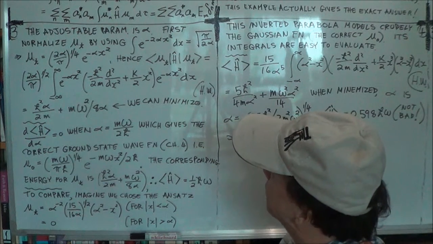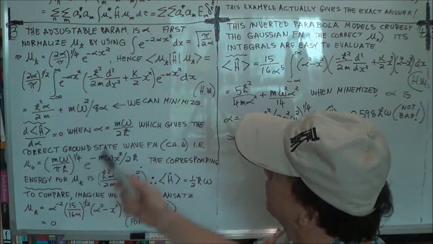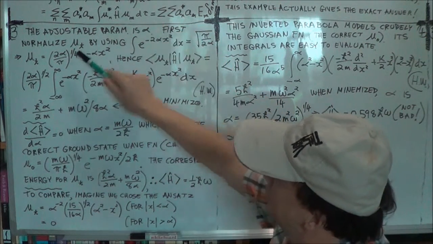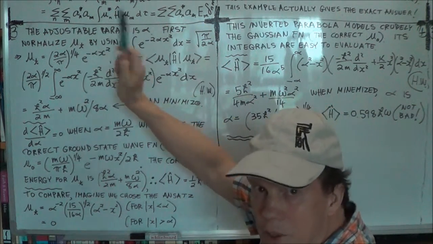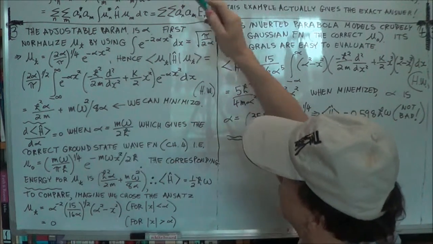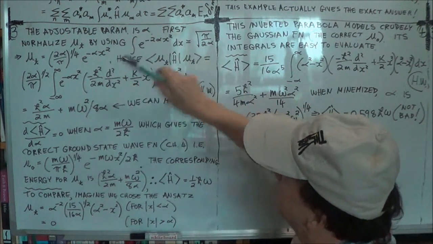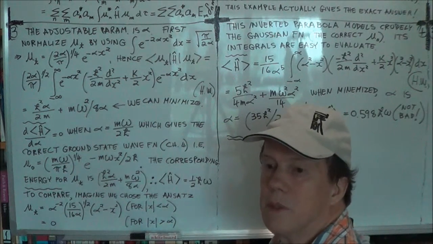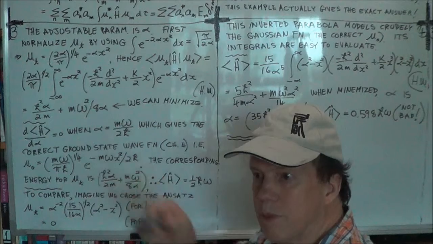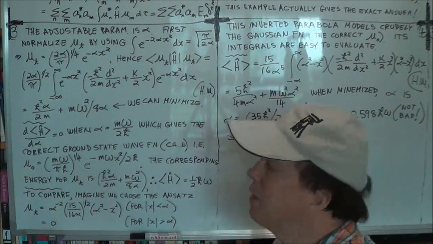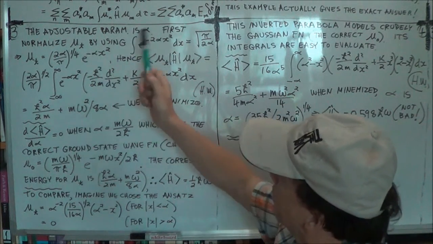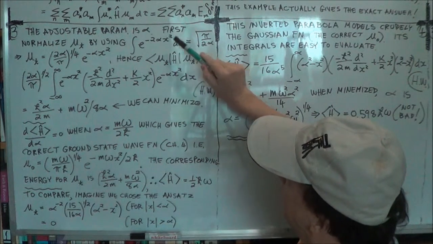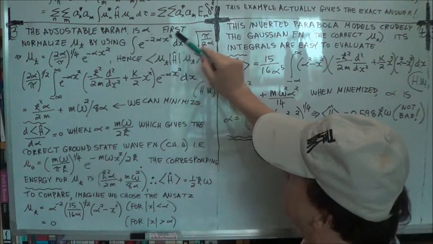Alright, so let's normalize the thing first. So that will just be the integral of psi_t star psi_t dx. Well, this ansatz here is a real function, so conjugating it, starring it, has no effect. So you're effectively just squaring it. Okay, so here's where the 2 comes from. And you integrate this, and you get,